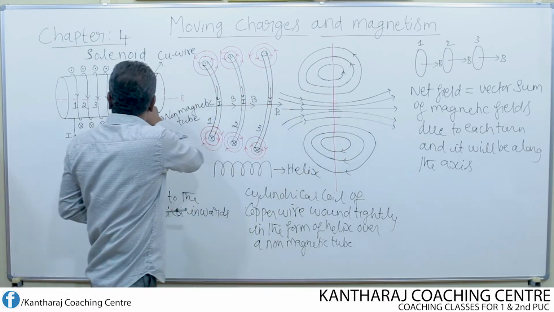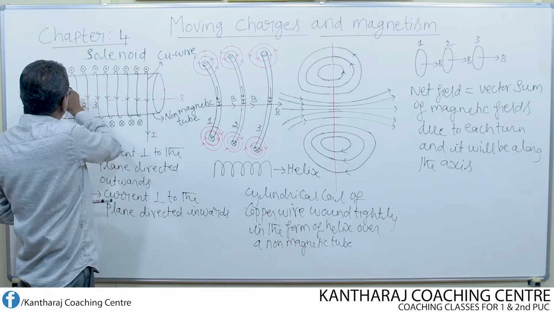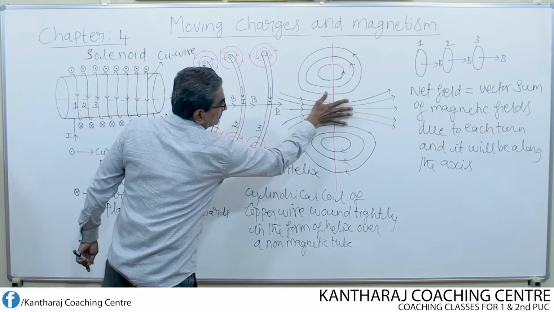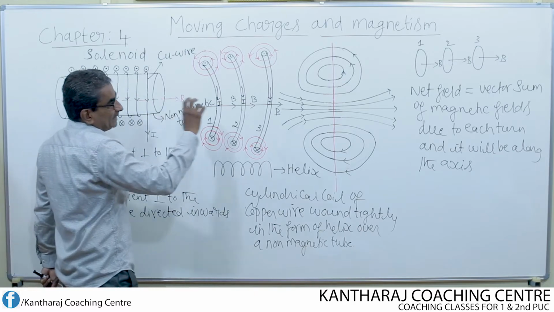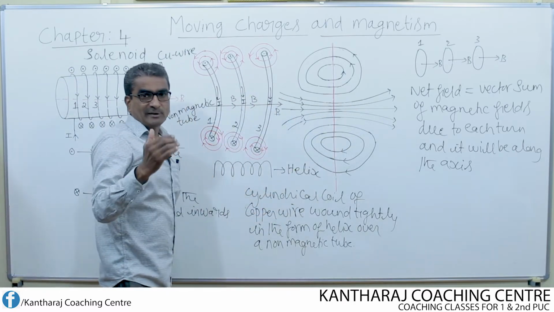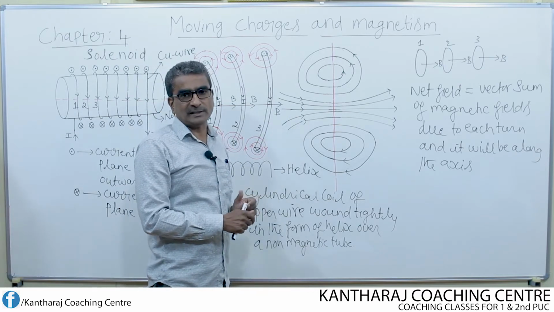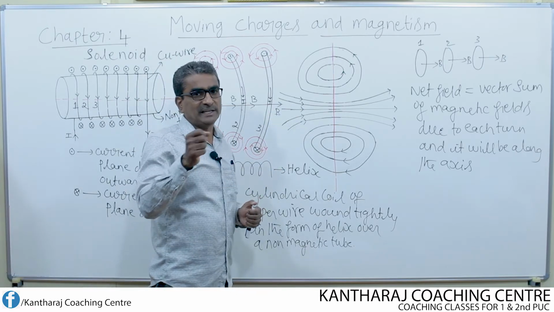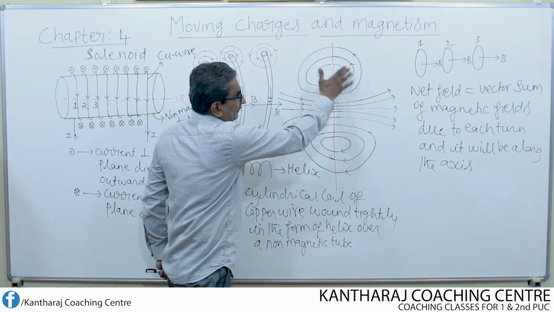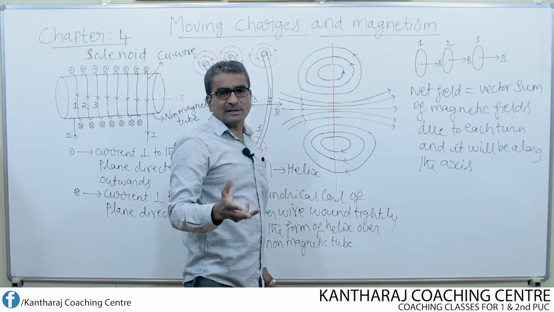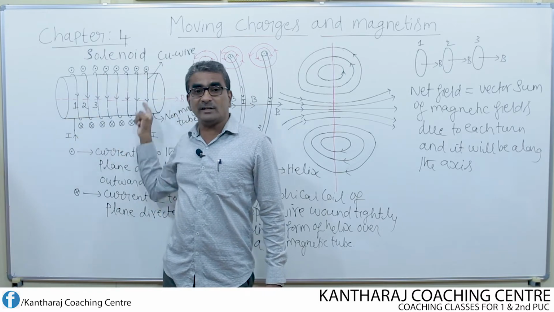Now come back to this figure. If this is the solenoid, then inside the solenoid here, how will be the field pattern? This will be the field pattern. So the field pattern inside the solenoid will be like this. Here I have written separate figures. I have not mixed up everything, I have not jumbled everything, so that understanding will become a bit easy if we write separate figures. Whatever figure I have written here is nothing but the schematic diagram of the magnetic field produced in case of solenoid.